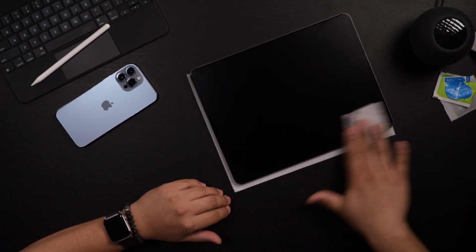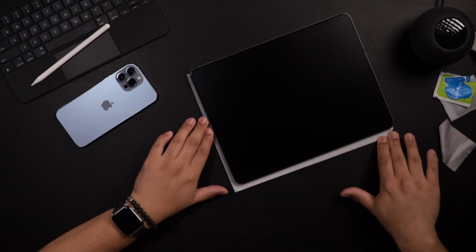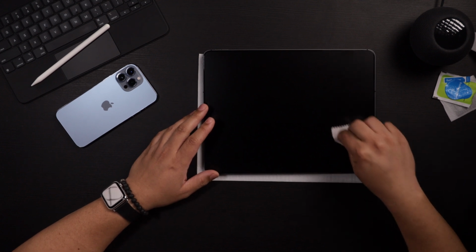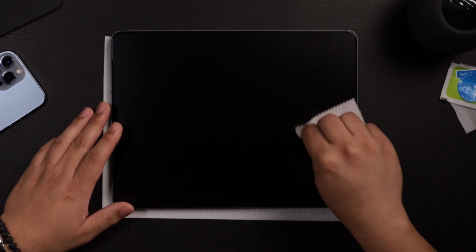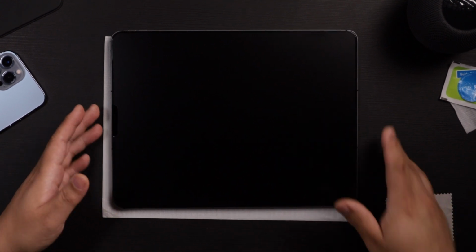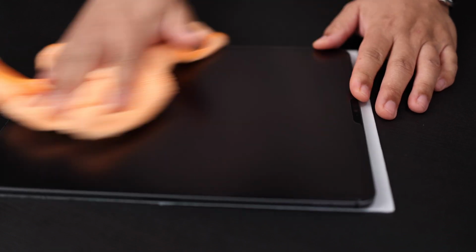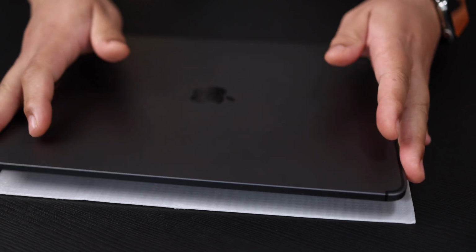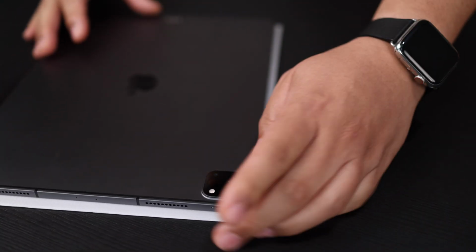It was just a pain to install something this large. But with some time, you can get it done like I did. And again, you see bubbles, I see a little bit of one, looks like it might be coming up there. But for the most part, I got it. Okay, so that's actually looking pretty good. Let me do a quick spritz with a screen cleaner. And it's really nice anti-glare. I don't know if the screen can catch that. Looks good. So let's go ahead and flip this over and see if we can't get that camera glass protector